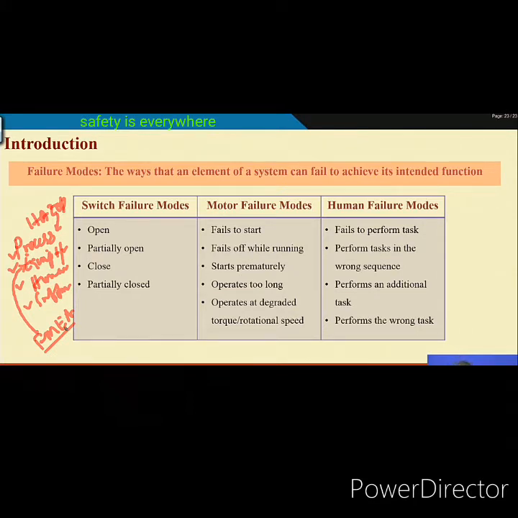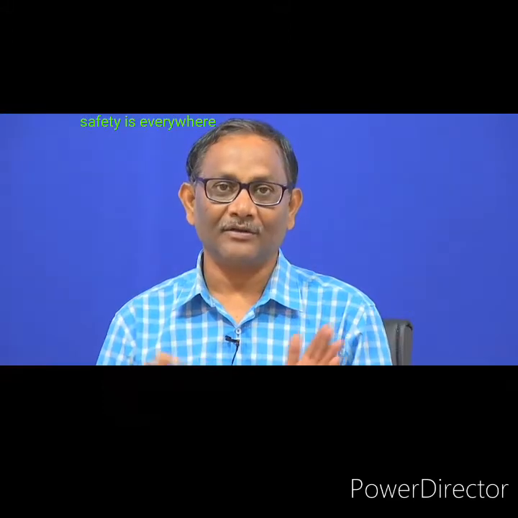In FMEA, one of the important concepts is failure modes. We will first discuss failure modes, then go slowly to the effects and causes, and finally the methodology or procedure to conduct the failure mode and effect analysis in today's lecture.